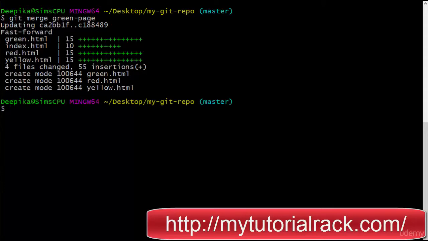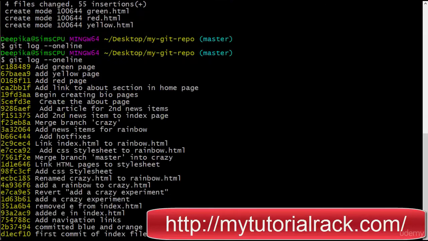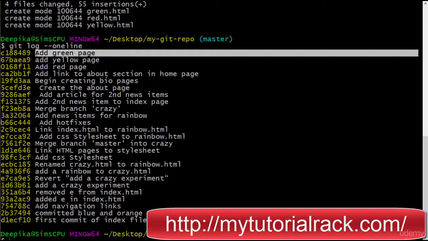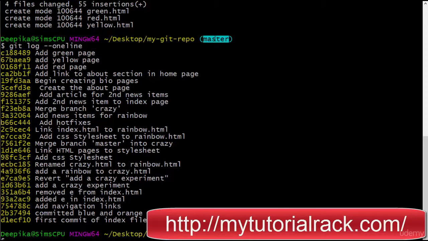So I'm going to go back. Now we're going to merge the changes from the green page branch back to the master. We have updated all those things that we changed. Since we do not need the green page as well as the new pages branch anymore, because both are now the same, if you look at the history one more time, you will see that our green page came back. We are in the master branch,